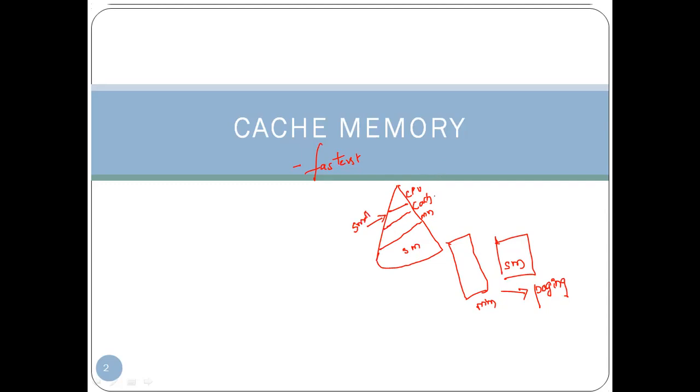Only a few instructions can be accommodated in the cache memory. For example, if the secondary memory is holding 100 instructions, then the main memory is going to hold 50 instructions and the cache is going to hold 10 instructions. This is the hierarchy we follow. Secondary memory is the huge memory where we can store lots and lots of data. Compared to that, the main memory is small and accommodates only a few instructions. Compared with the main memory, the cache memory is still smaller and accommodates very few instructions.